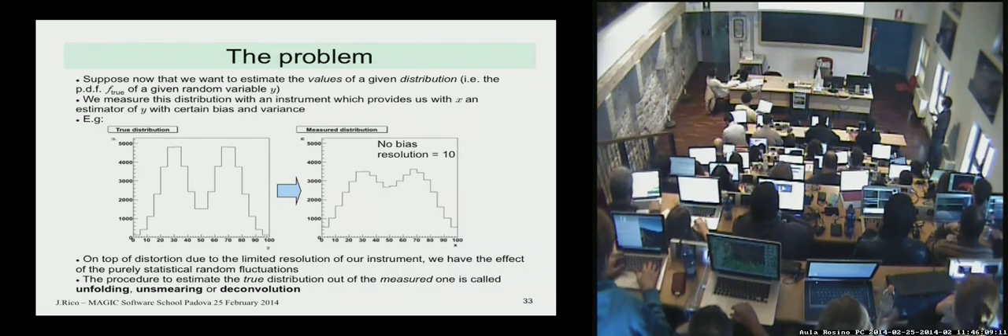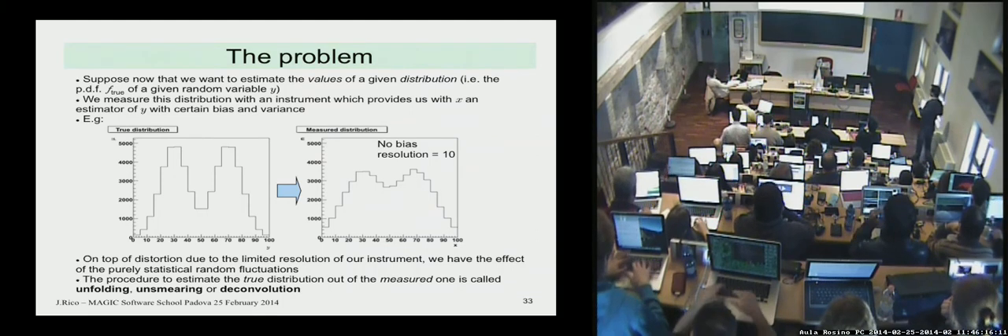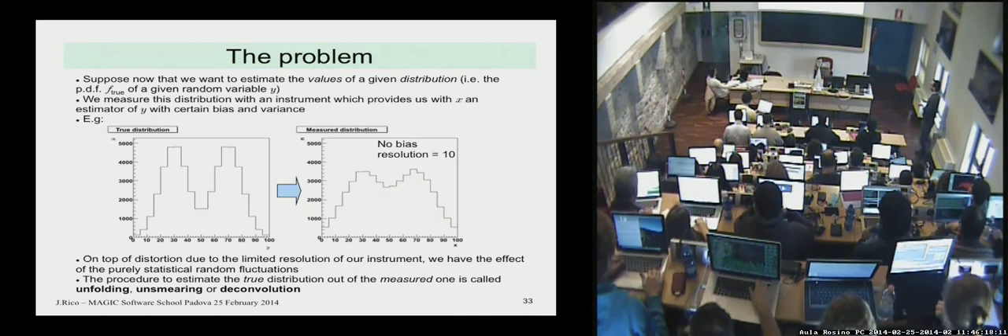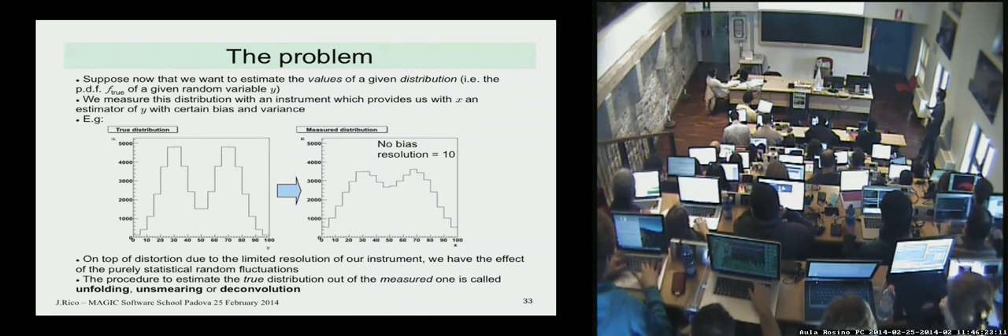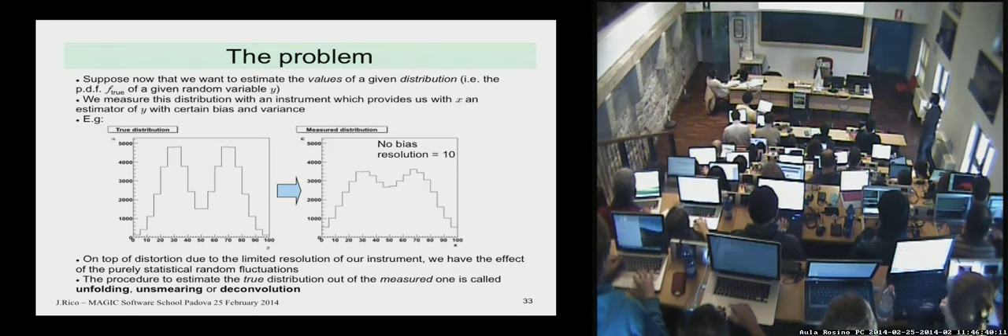So, for example, if this would be the true distribution we are trying to measure, and we are measuring it with an instrument that provides us with no bias and a resolution of 10 in these arbitrary units, 10 fixed all along the axis, this would be a possible outcome of a real measurement. So you see how this distribution is distorted because the peaks are widened, but also you see the effect of statistical fluctuation, because since this